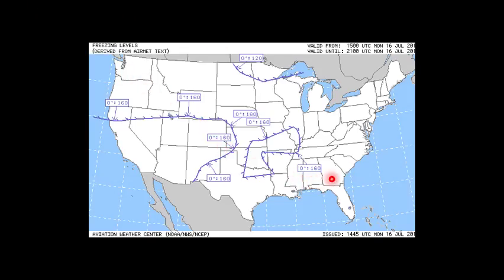Icing, once again, pretty standard across the United States, 16,000 feet all over, except for actually above us, which is 12,000 feet. Looking at the local METAR data here, you can see at Grand Forks, we are about 10 knot